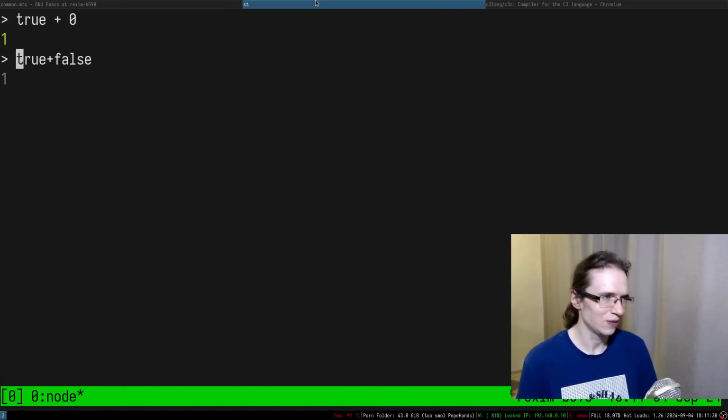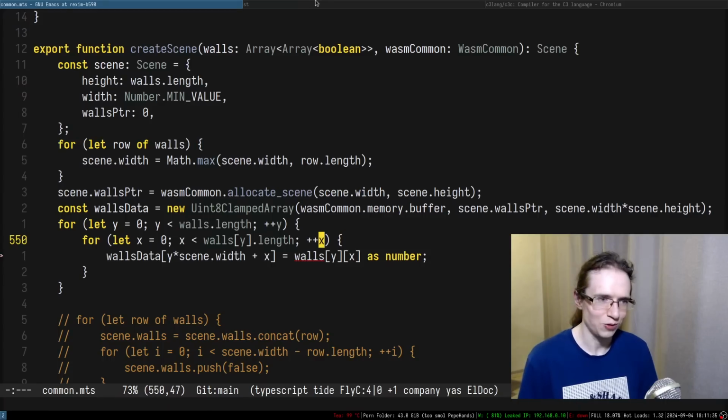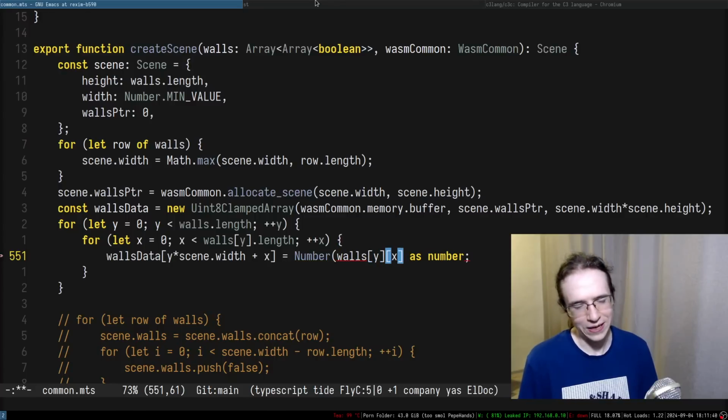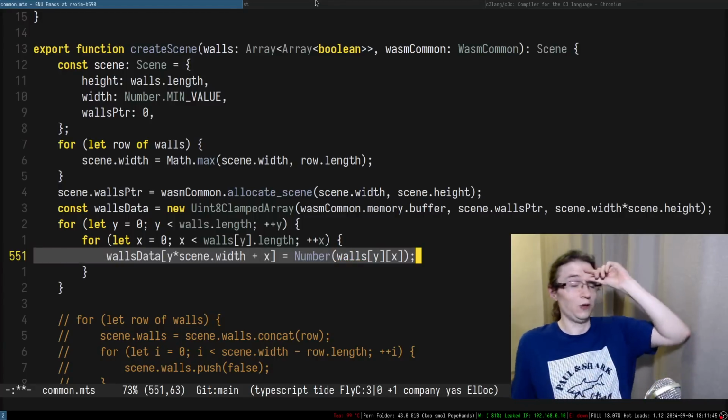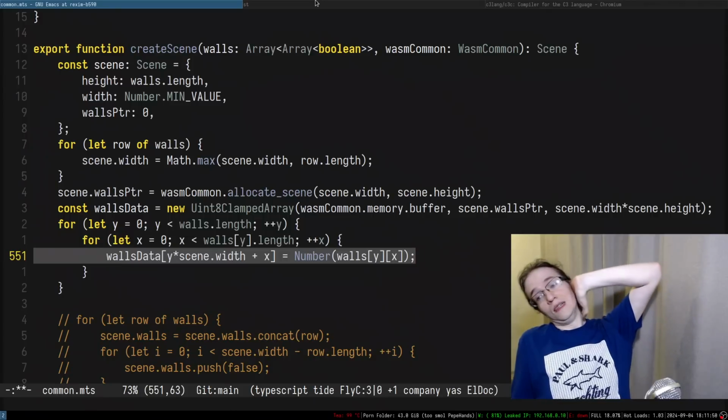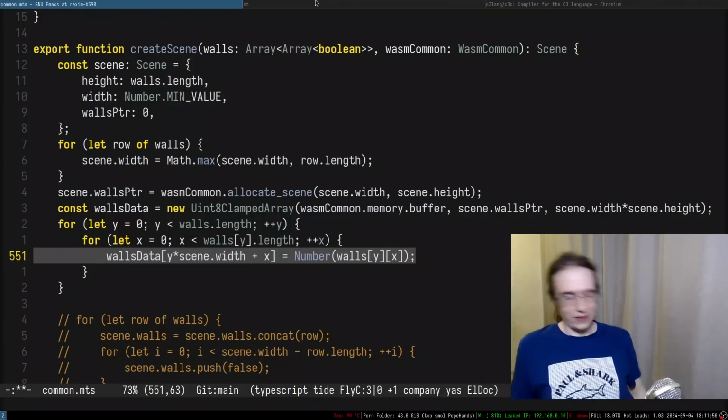Number val. Okay, so can I number true, number false? Okay, so that seems to be working, but now it's just like okay, so oh, for goodness' sake, finally, holy moly. Oh, anyways,